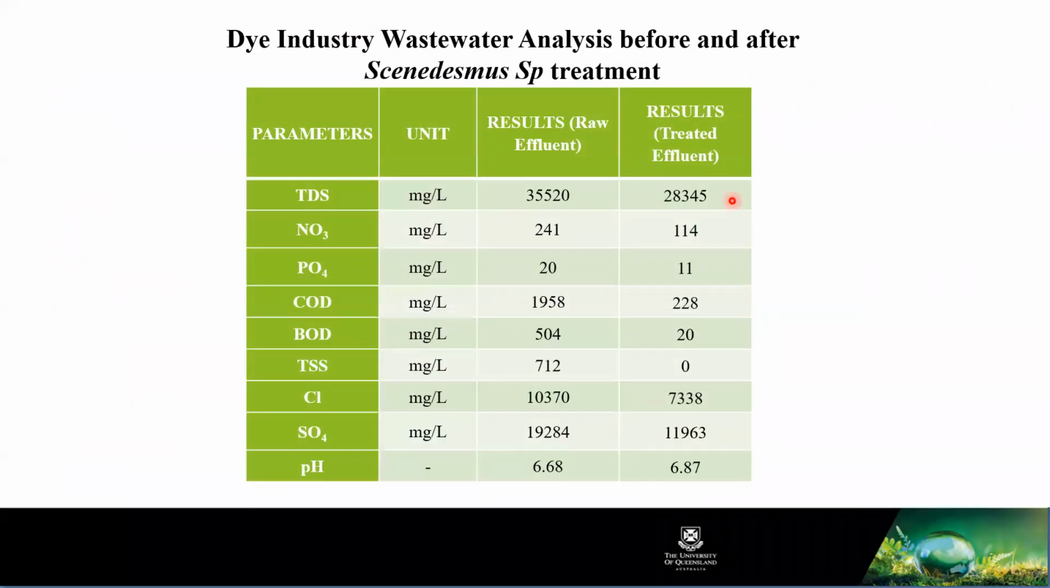So I'm going to talk about the numbers, which I told you a couple of slides back. These numbers are from dye industry wastewater analysis before and after it was treated using a particular algae called Scenedesmus species. You can see the TDS reduced, not significantly, but to a certain extent. The nitrate load is reduced to nearly half, the phosphate nearly half, COD significant reduction, BOD is the major reduction, TSS no, and then chlorides not as significant, but there is a reduction, the pH improvement